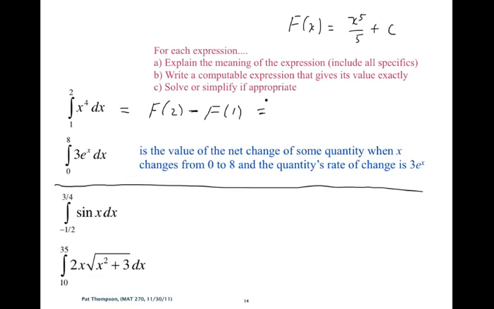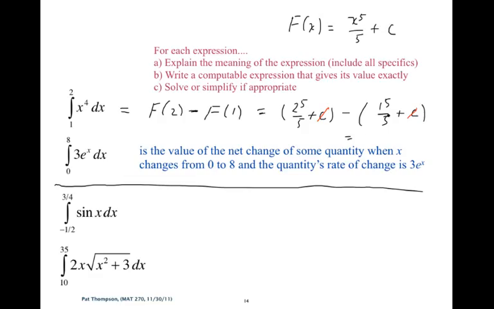So now we're going to take F of 2 and F of 1, and we can even do it in this general form if we want. We don't have to. We can just assume c is 0, but even if we want, we can do 2 to the fifth over 5 plus c minus 1 to the fifth over 5. And what happens? It doesn't matter what some initial amount is when you're doing a net change. Your initial amount doesn't matter with a net change, right? Because those go away. And we're just left with,